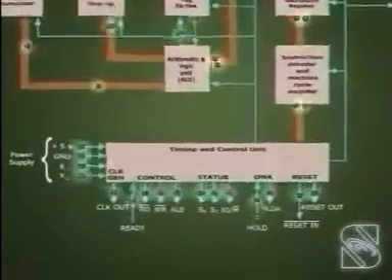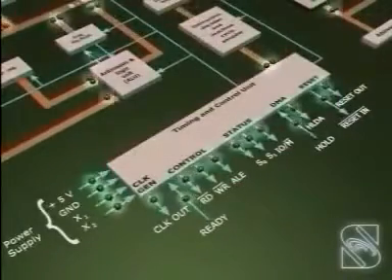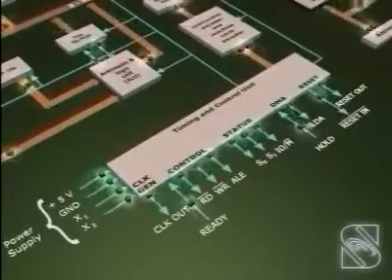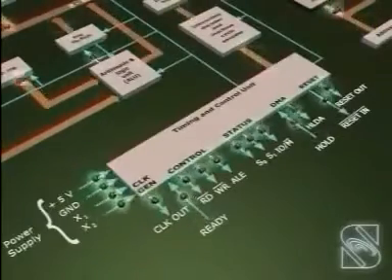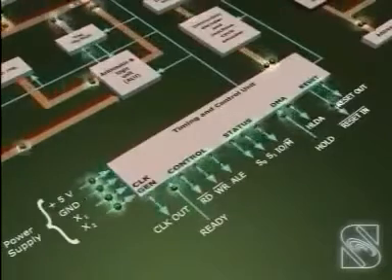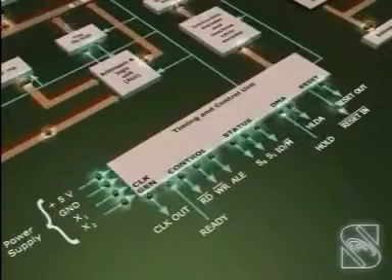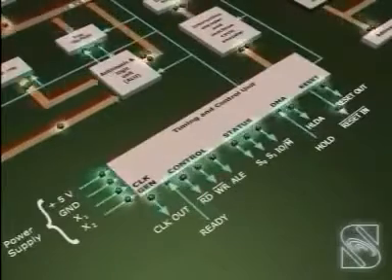Timing and control unit. The timing and control section of the microprocessor includes an oscillator and controller sequencer. The oscillator generates the two-phase clock signals, CLK and CLK bar, that synchronize all registers. The controller sequencer also produces the control signals needed for internal and external control. The controller sequencer is microprogrammed. It has a ROM that stores all the micro routines needed for executing the instructions.